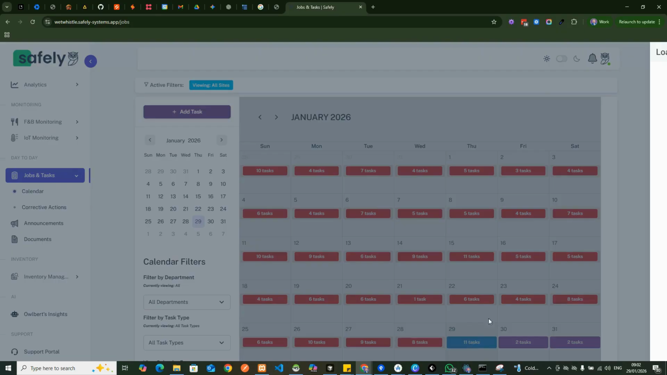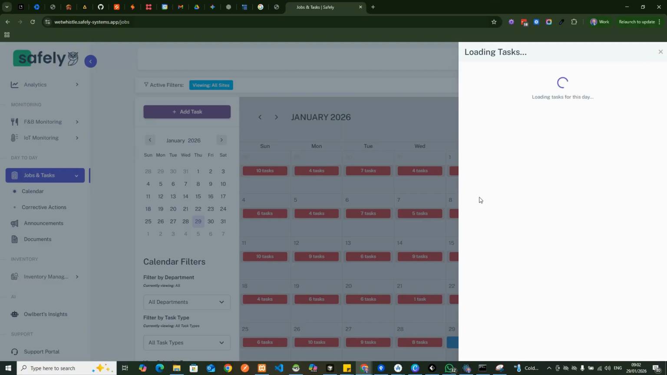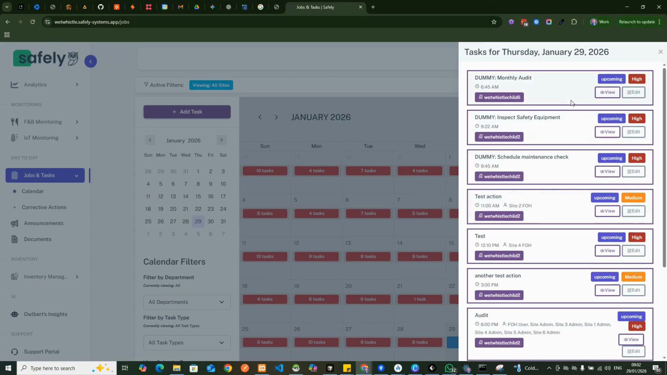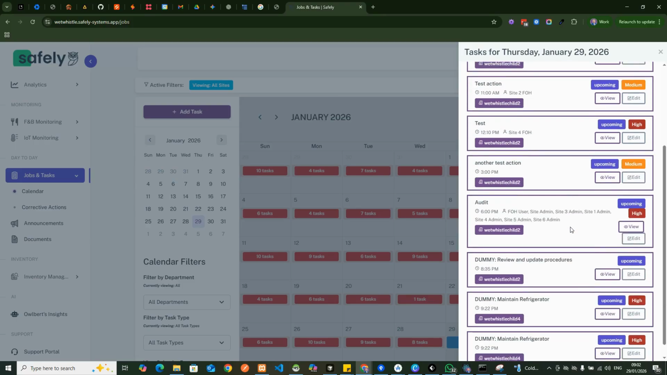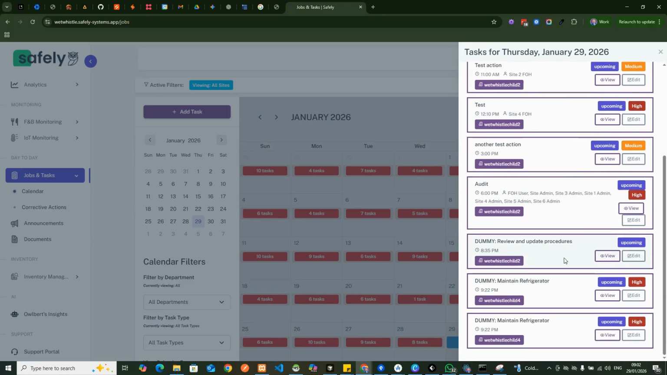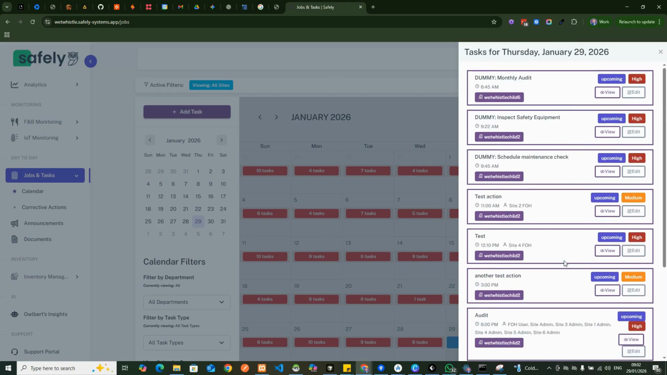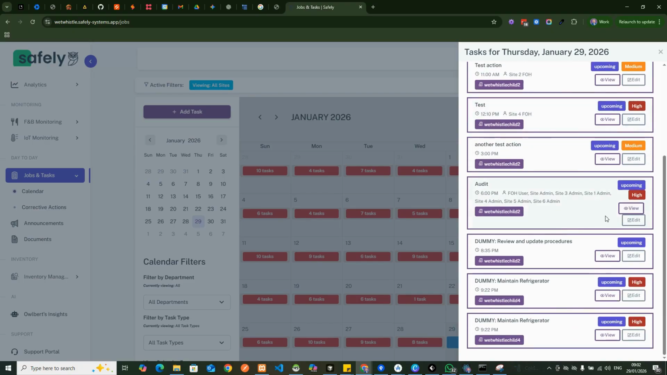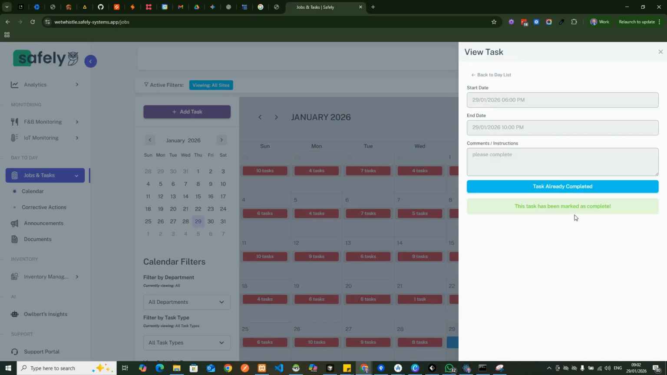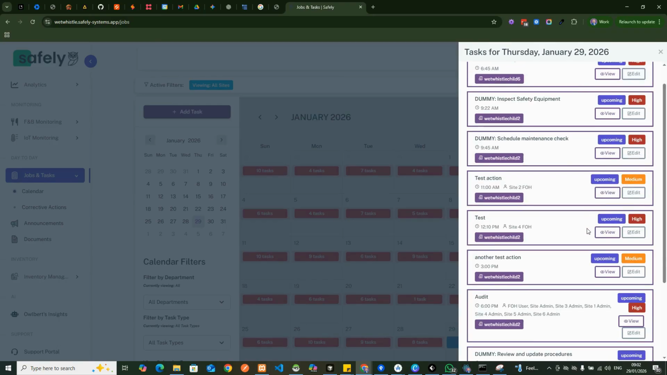Now, to view the tasks, you can click on the day and it will bring up a list of all the tasks that are due today across all sites in your organization. Now, we can view the task information, start date, end date, and the instructions. And this one has already been completed. If we go back to one that has not been completed,